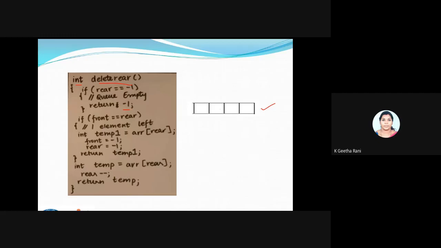Now I'll be checking whether I have only one data using the condition front is equal to rear. The same process I'm doing: I'm putting the data inside the temporary variable, changing the front pointer and the rear pointer, and returning the temporary one. Whatever data I'm deleting will be inside this temp1.